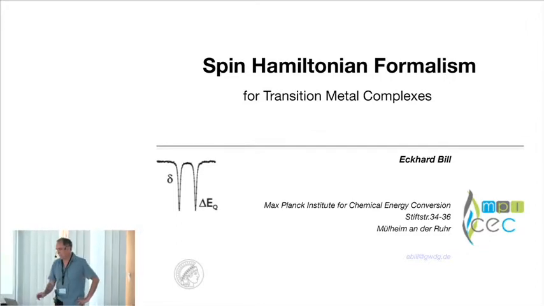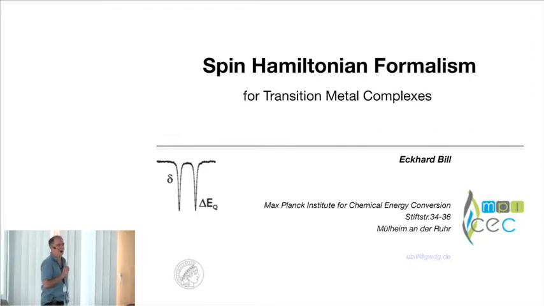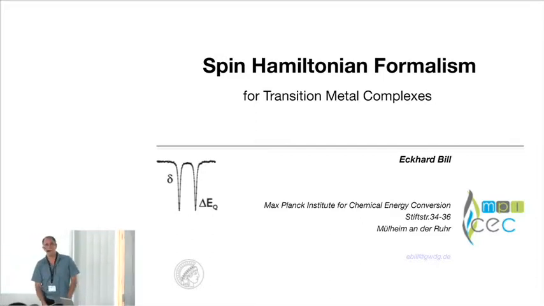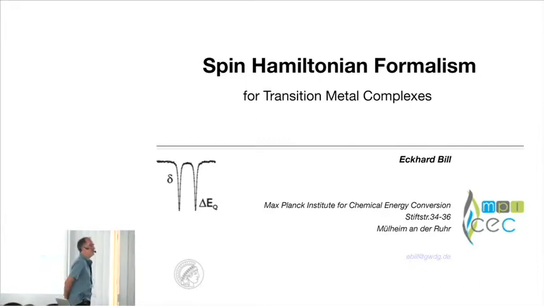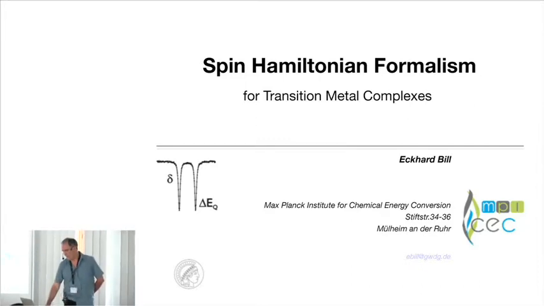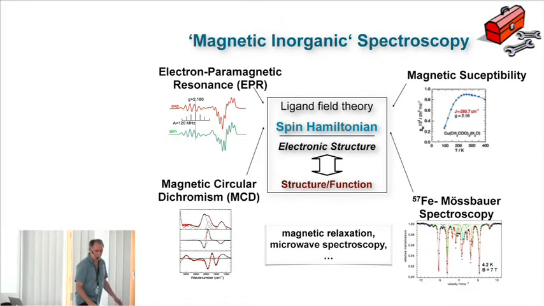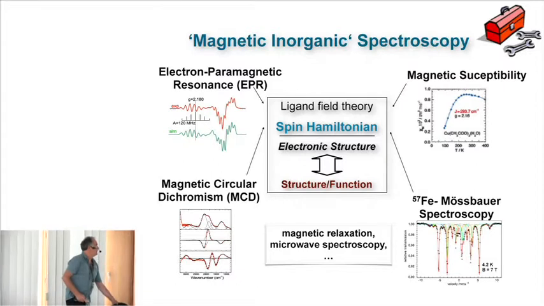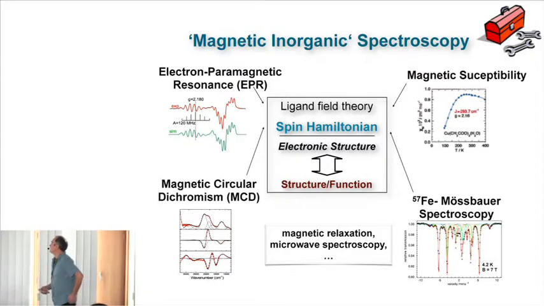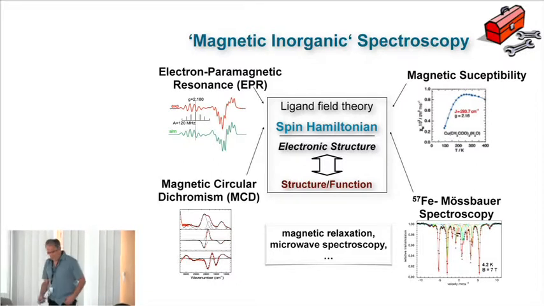Change gears a little bit. After a long day full of electronic structure calculations and quantum chemical calculations, we are switching now to methods to measure something of the electronic structure. And the experimental methods which we are using for detecting or learning something about electrons at transition metal complexes are,